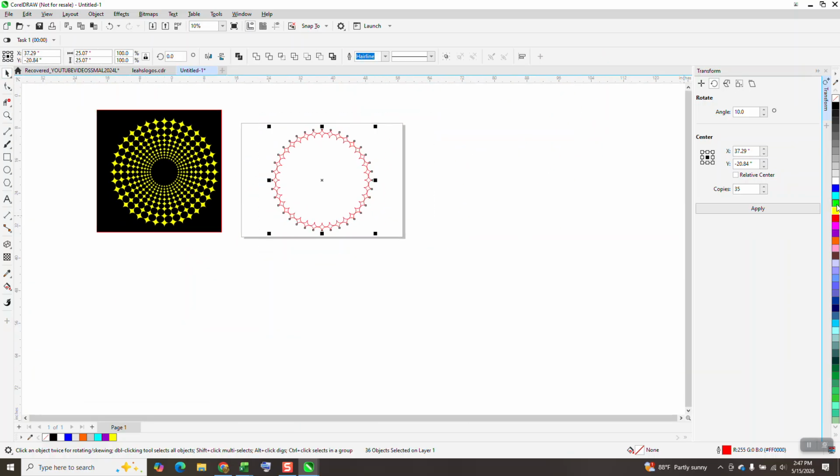So let's make all these yellow. Let's take away the outline and use